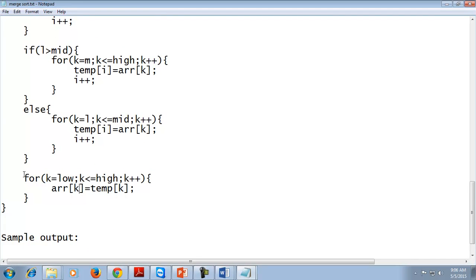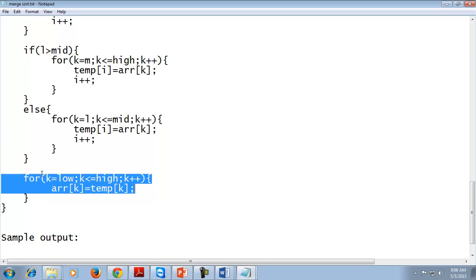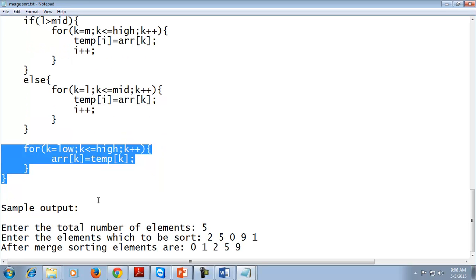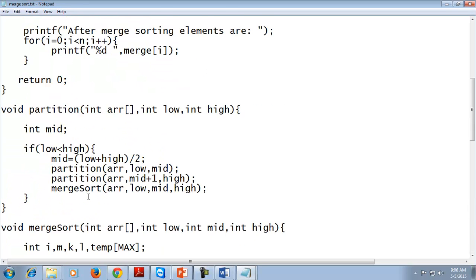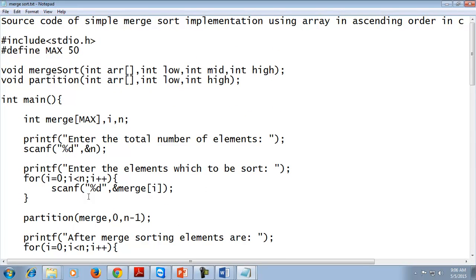And after performing this sorted function, we will pass all the values of temporary array, that is temp k, to the array of k. Means all the values of temporary array will be passed to the array of k, that is original array. This is the program implementation of merge sort, in which we create two functions.